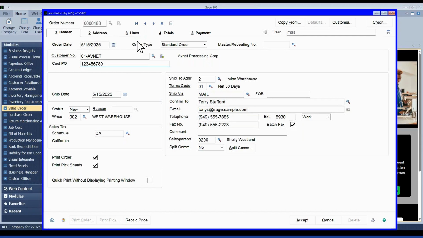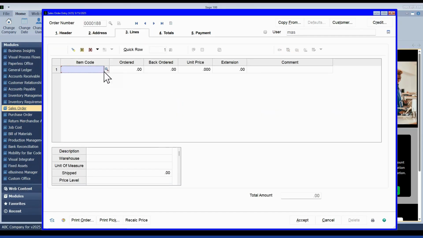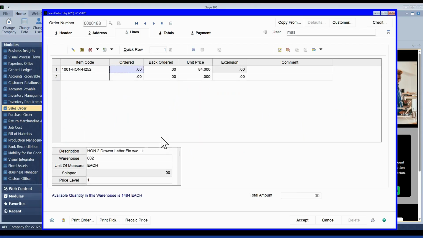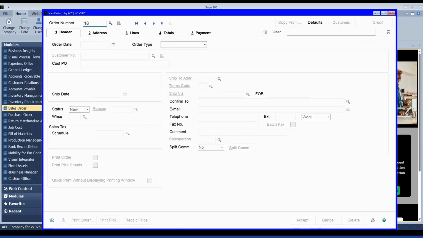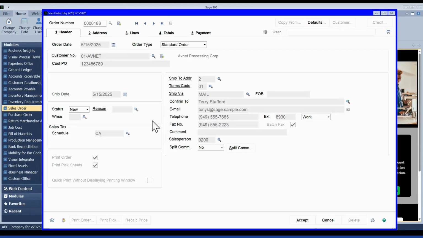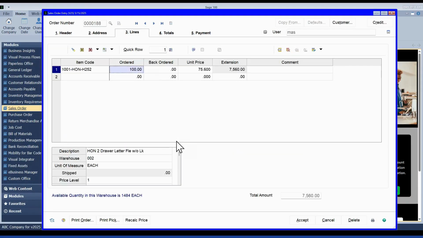And I'll leave all the rest of their defaults over here. Put one of my items on. Let's see, I want to do 10 of those maybe. Or actually, I'll say 100 now. Save that, and then maybe after I save it, I realize, oh, I didn't mean to do 100. It was only supposed to be 10. I just miskeyed a 0 or something in there. Let's change it up to 10.